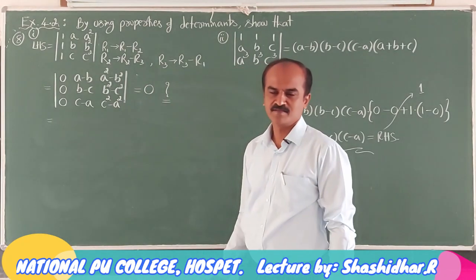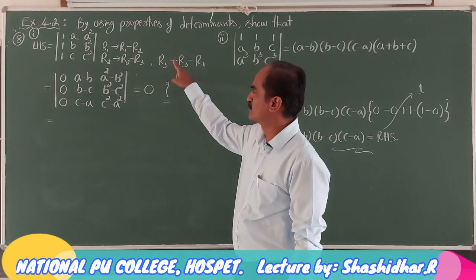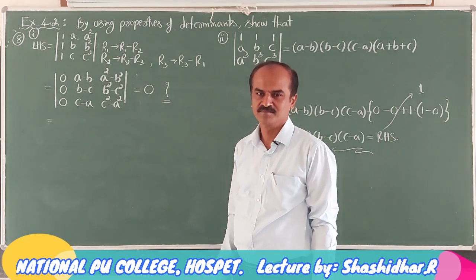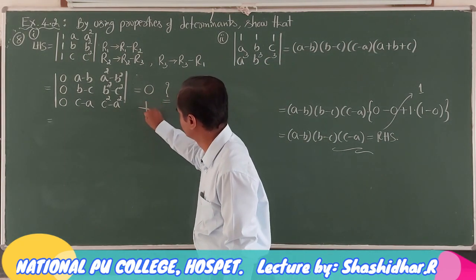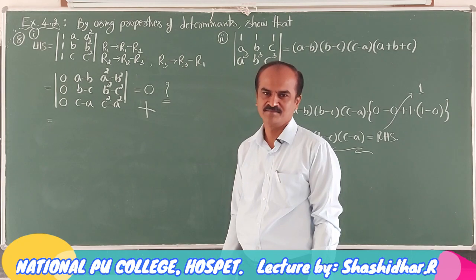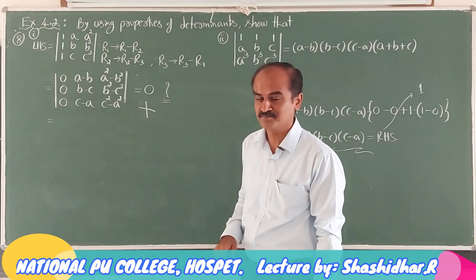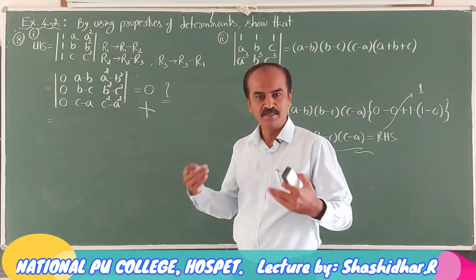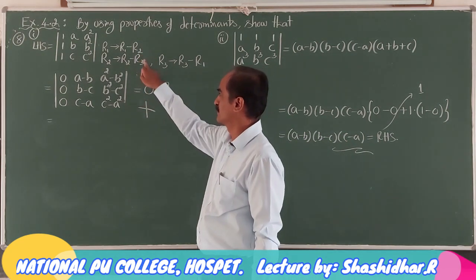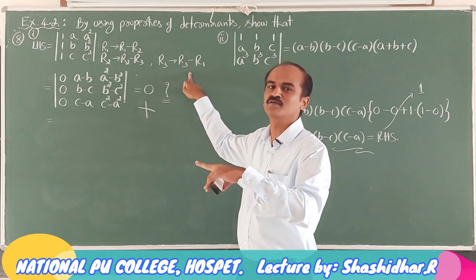So now the question is whether the value of the determinant is 0 or it should be shown as A minus B, B minus C into C minus A. Which is right? Definitely this is wrong. So where did we go wrong? Where did we make the mistake? The question arises, can't we apply 3 row operations at a time? Yes, you are allowed to do it. Any number of row operations at a stretch you can apply. For this I applied initially only 2. There is no restriction. Definitely you are allowed to apply this.